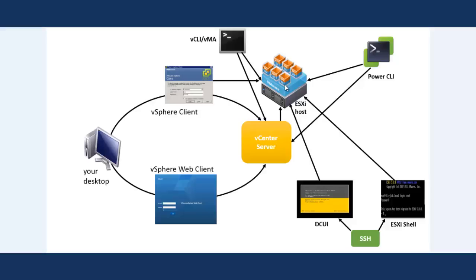If you want all the options available to manage the ESXi host, like if you want to configure the cluster, and you want to use HA, DRS, vMotion, storage vMotion, these features, then you need indirect management of the ESXi host. And indirect management means you need to manage your ESXi host through the vCenter.